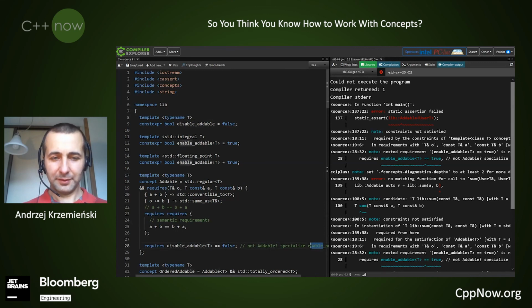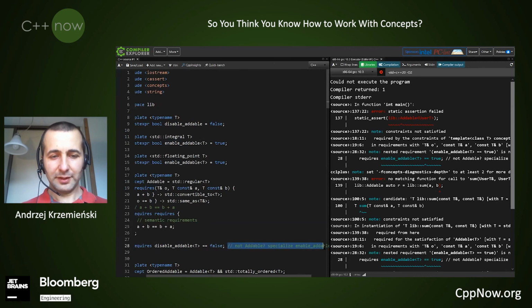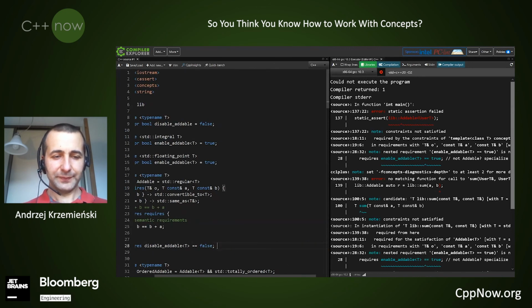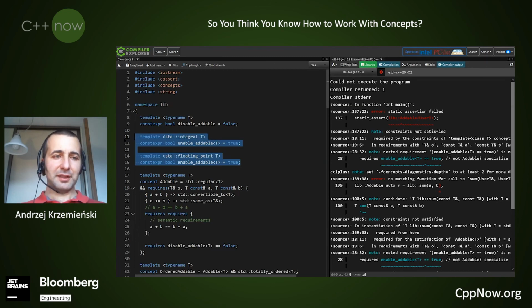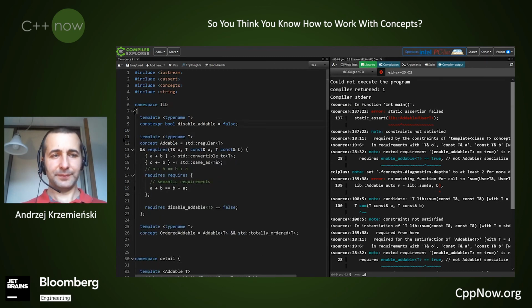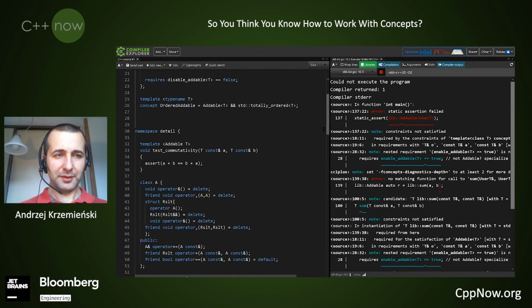Of course, the comment needs to change. Well, maybe this comment doesn't make sense anymore. So let's drop it. And this way, we don't have to provide all those specializations here, because now our type works for every type that is not explicitly disabled. We can drop those here.